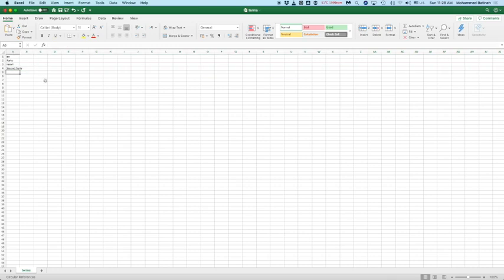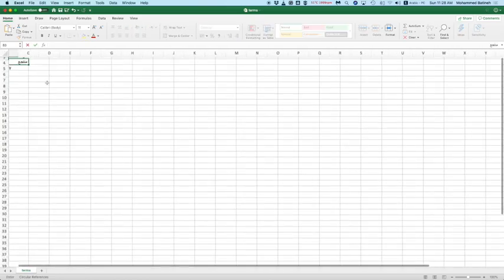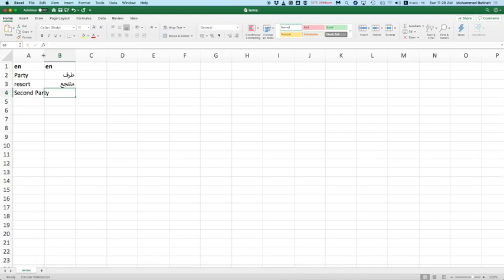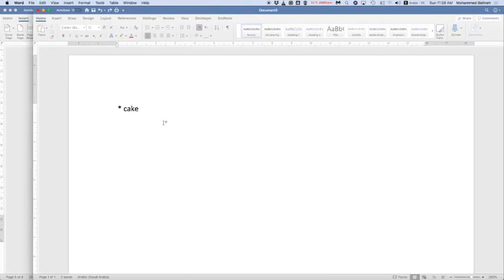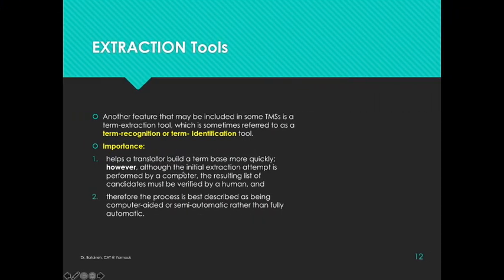Okay. If it's a longer text, it would list more term candidates. You have to go over them, verify them, and then you translate the terms into the target language. Cool. So now we have a very simple, short term base. So this is what we call terminology extraction tool. It basically provides you with a list of candidates where you have to go and verify and